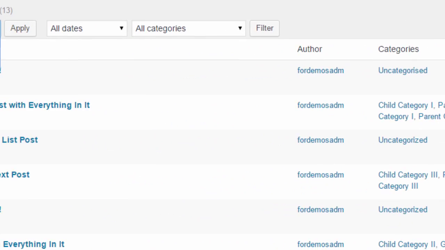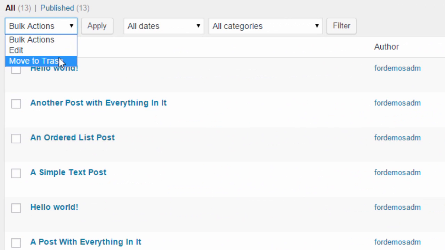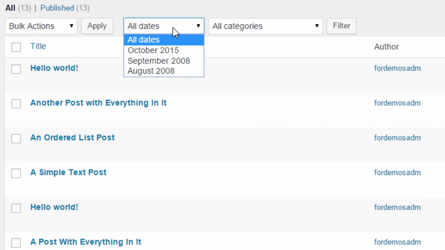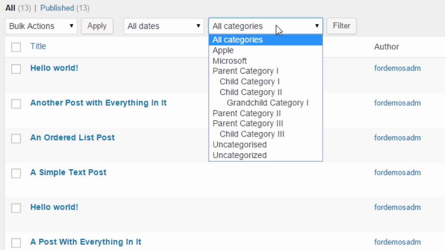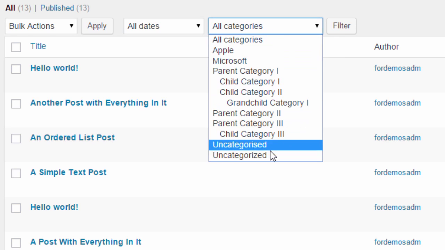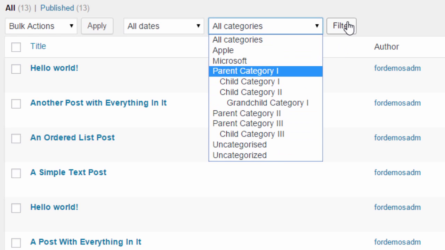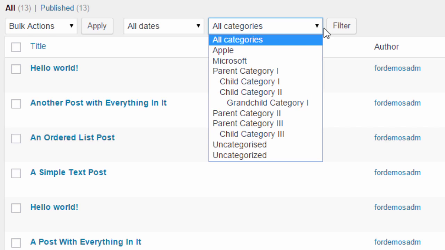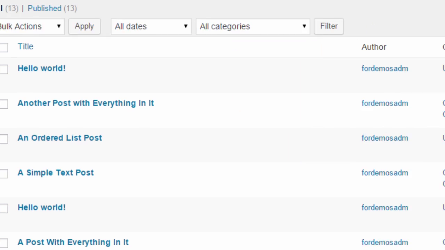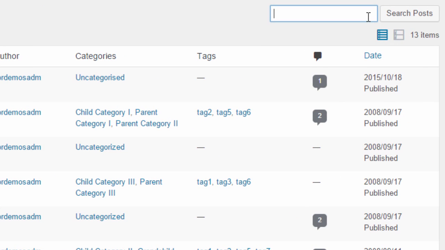So let's just double check, see what the differences are. No differences there. You can just see certain posts by date. I've just put in a load of dummy content, so it's dated 2008. You can filter posts from certain categories, and if you end up with hundreds or thousands of posts, filtering may be useful. You can search posts,